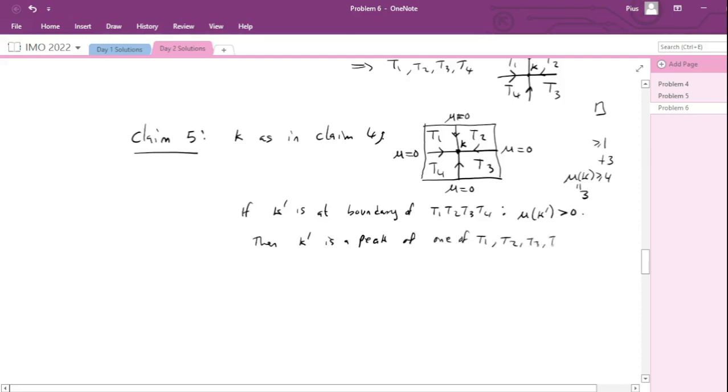Okay, so we'll quickly show that. So suppose we have such a K prime. Certainly it cannot be adjacent to K, so it has to be at a corner of this bigger 2 by 2 square. So we have accumulation 0 here, 0. We have this arrow, so it could be somewhere, let's say here, K prime, K. Okay, so this value accumulation here is bigger than 0. The accumulation here is bigger than 0. So what that means is that,